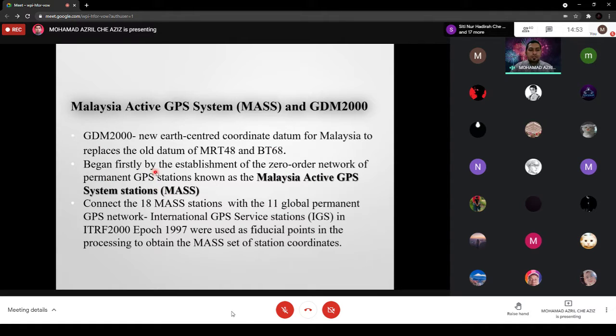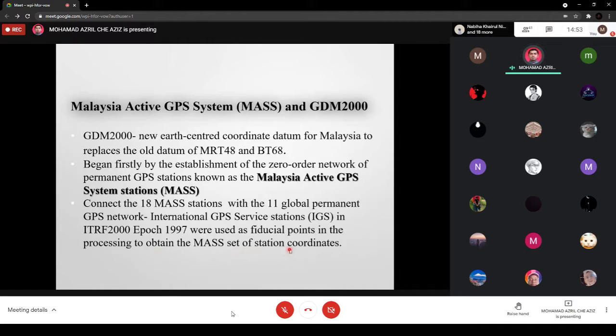Okay, begin firstly by the establishment of the zero order network of permanent GPS stations known as the Malaysia Active GPS System stations, MASS, or sometimes we call it a MASS station. Connect the 18 MASS stations with the 11 global permanent GPS network, International GPS Service stations, called IGS, in ITRF 2000 epoch 1997, which were used as fiducial points in the processing to obtain the MASS